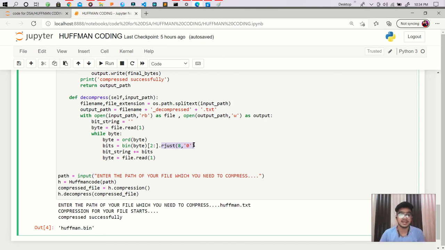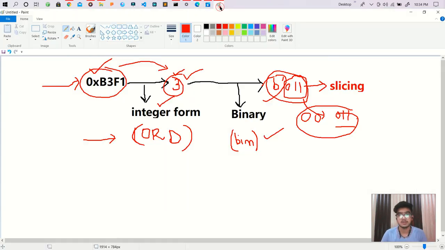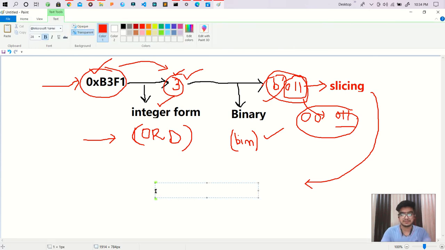Whatever bits we get after decompressing 1 byte, we store in our bit string, and after doing this process one by one, we get our bit data.